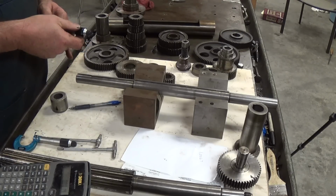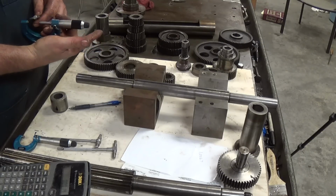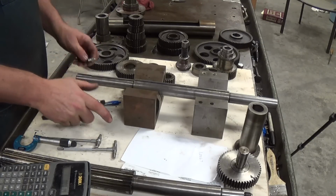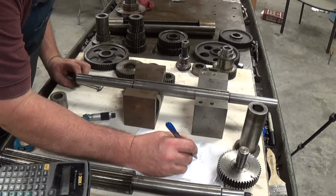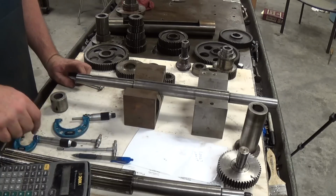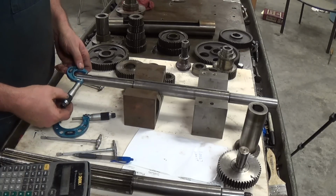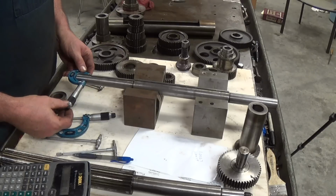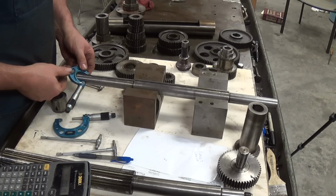All right, 1 inch, 1.0019. So we're at 1.0019, and let's check the shaft. Now the shaft's going to be a 1-inch shaft or smaller. All right, so right there